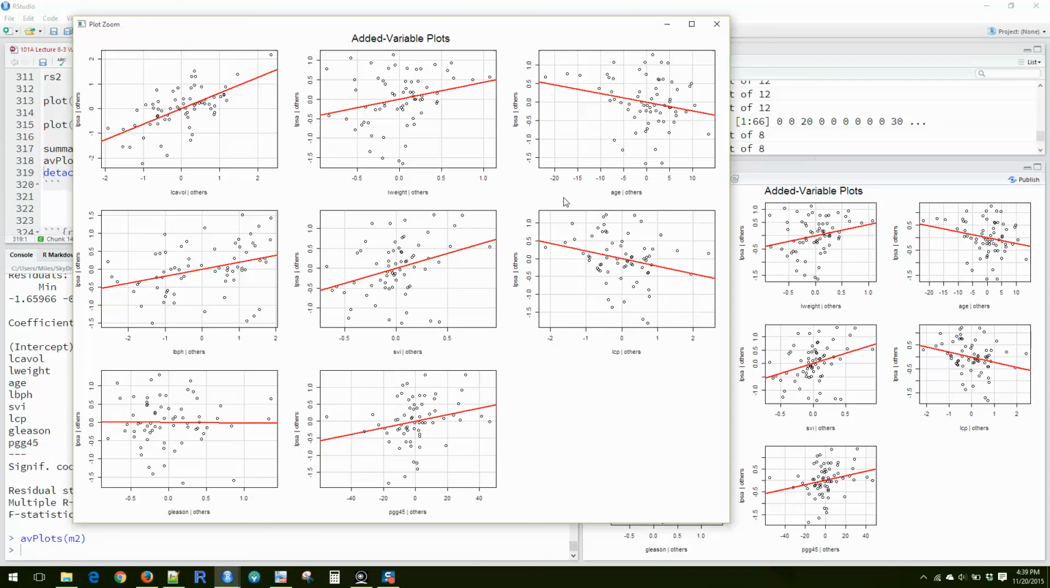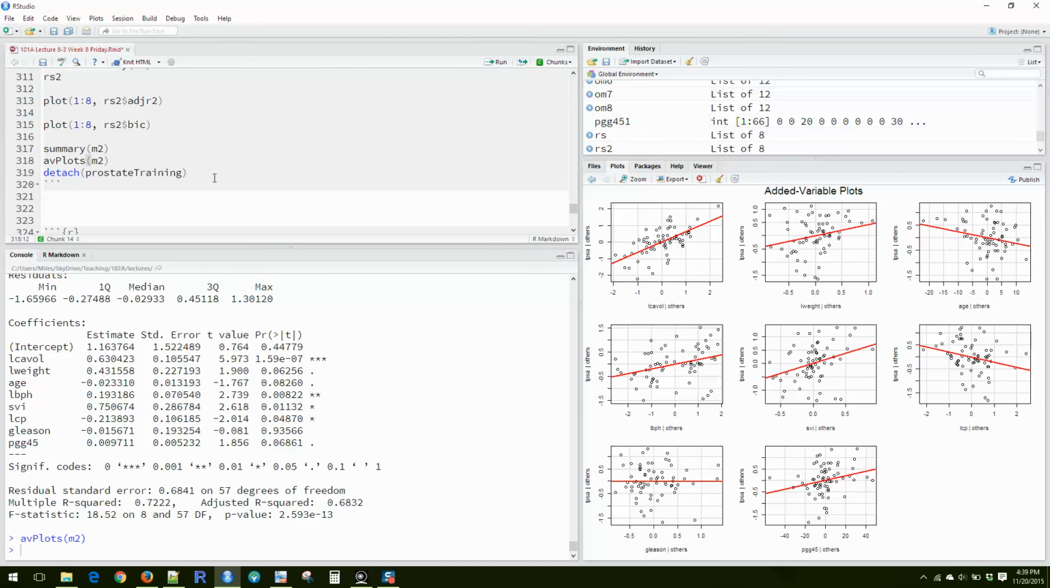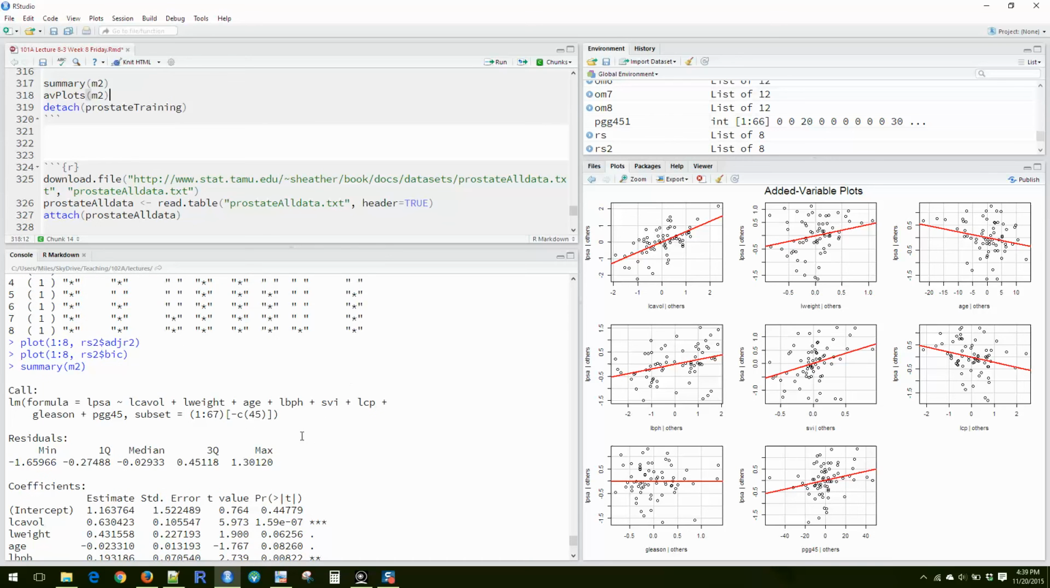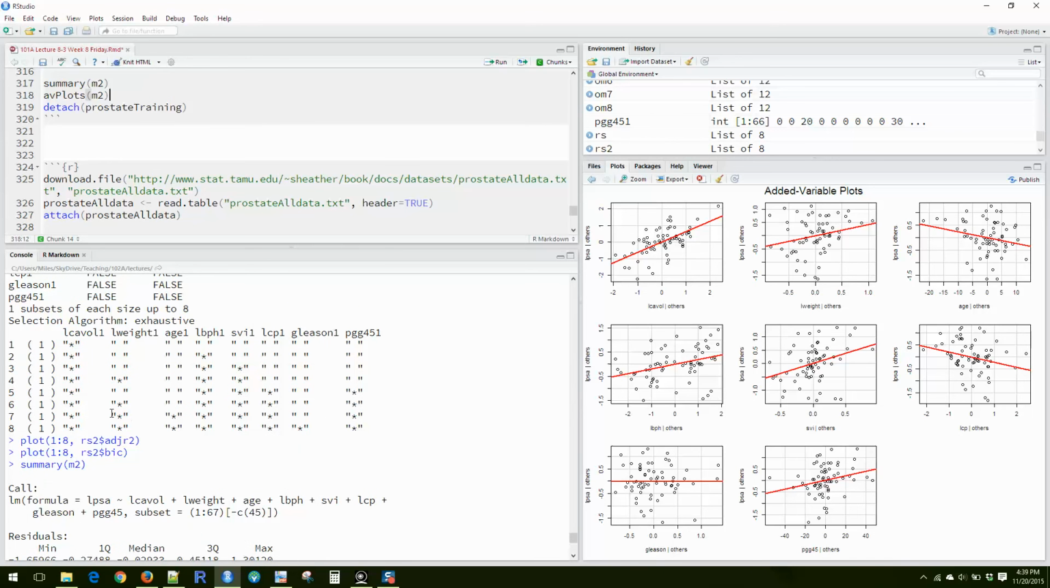Okay, so are there any other points that are potentially dangerous? I'm looking. It doesn't seem like it right now. And so looking at this, we can say, all right, according to BIC, we should have fit the one with 3 parameters, which would have been cancer volume, LBPH, and SVI1. So we can try